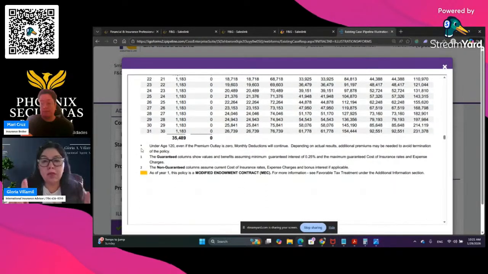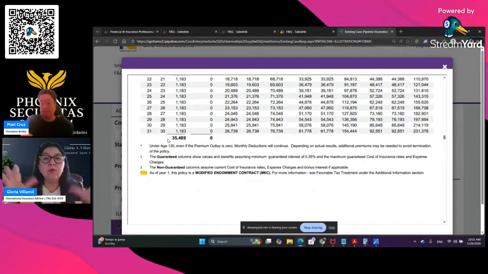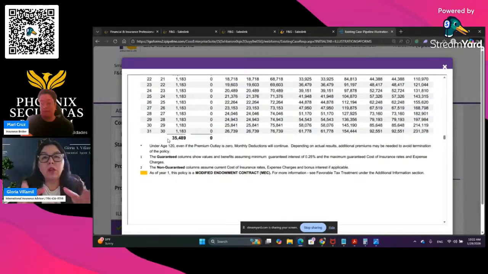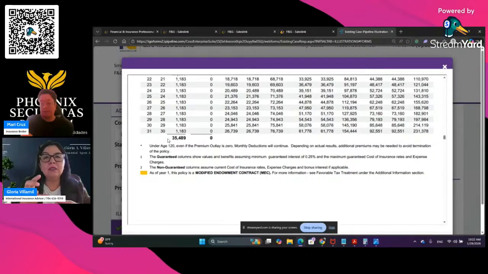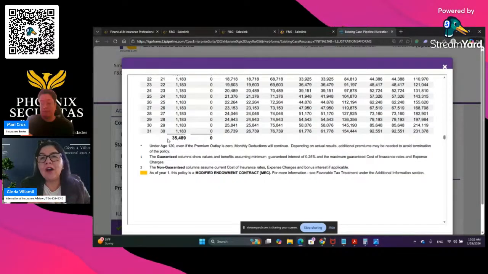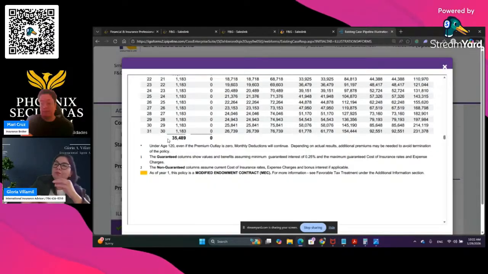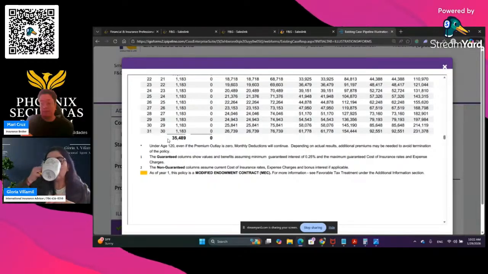And it's important to mention that we are really careful. We illustrate this program at 6.6%. Regularly the market moves between 9 and 12. So imagine that this illustration is 5% down from reality. Yeah, all of us in the insurance space, we lowball things because we're not about speculation. We are about